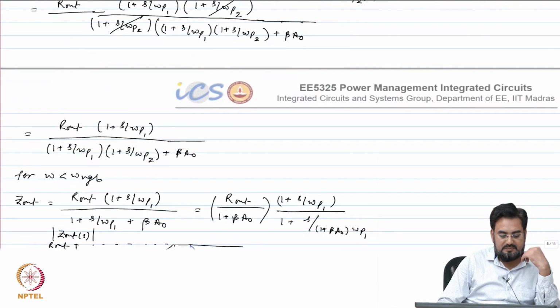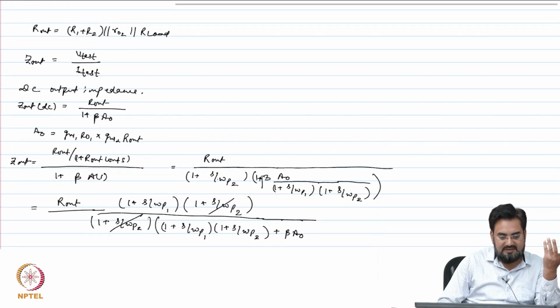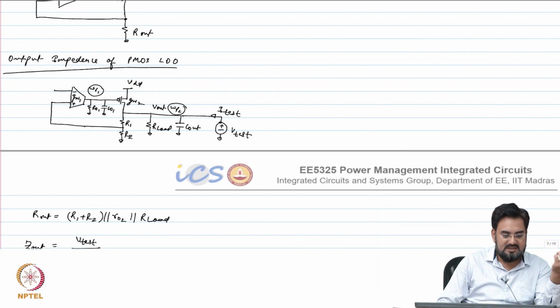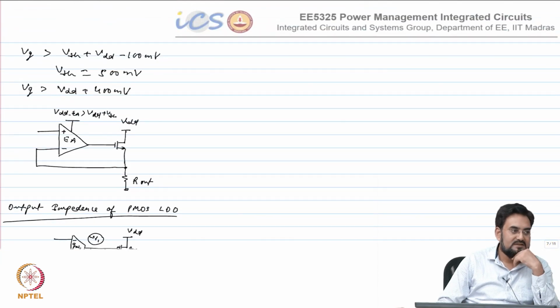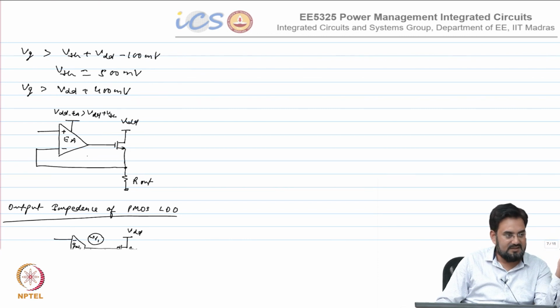So it all depends, but it will always come at the cost of something. In that case you have to burn some extra current in your buffer, okay, because ideally you would like to have GM as large as possible so that pole is pushed to very high frequency. So making GM large means you have to burn some current there. So there is a trade-off between your bandwidth, power, transient response. That is what we try to do. That is why a lot of research is going on this: how we can design a very fast transient with a high bandwidth and with a very low IQ current.